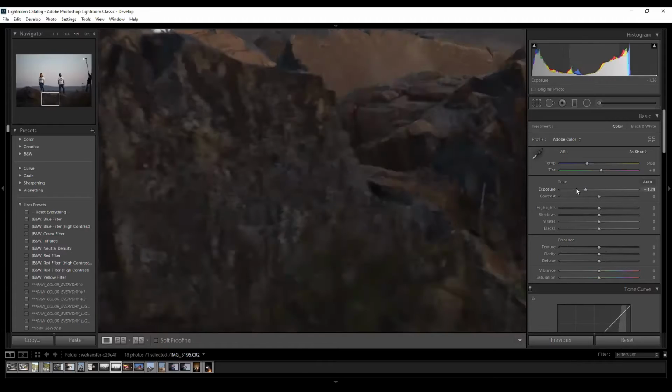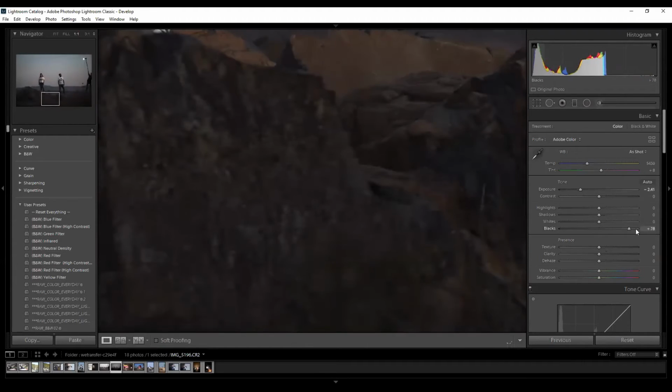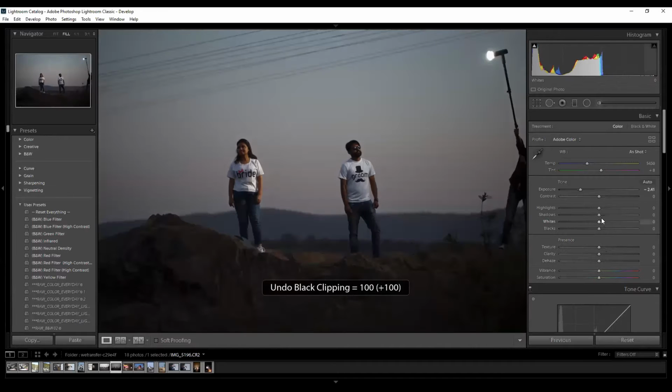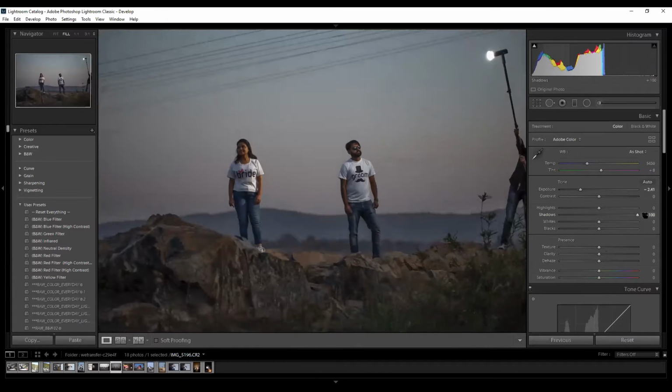But when I pull the blacks, it will only try to reduce the blacks in the image. So the basic difference, can you see now?